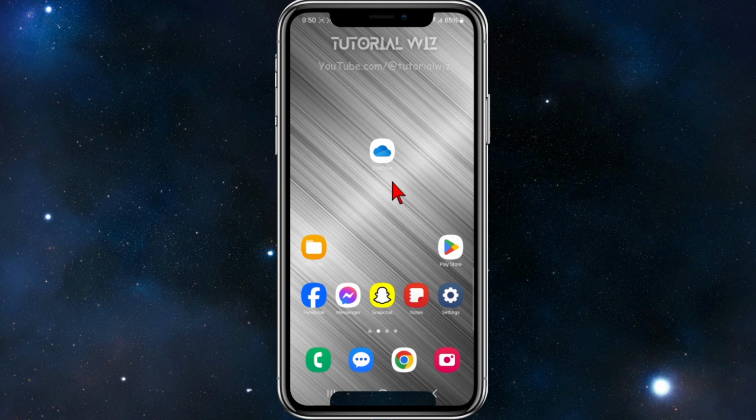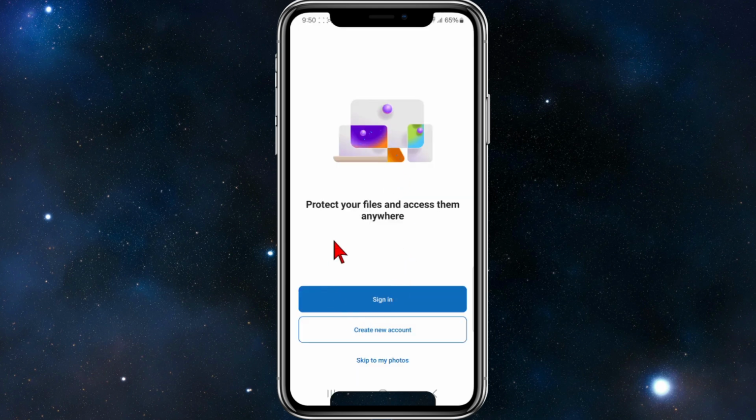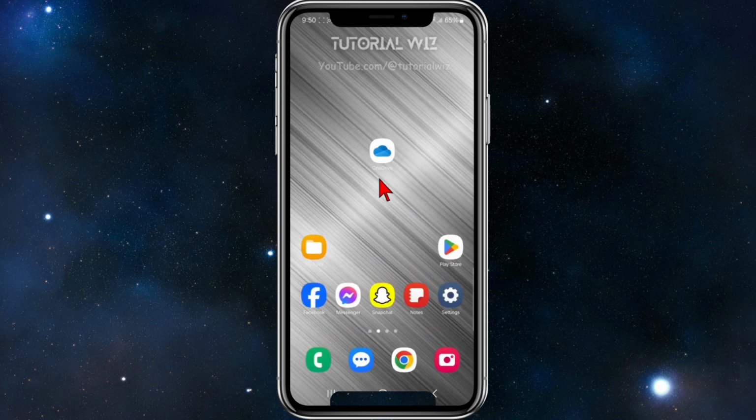In saying that, let's just jump straight into the video. Alright, so I'll go ahead and open up OneDrive and you can see what the font size is currently set to. Alright, so it is currently set to this. So in order to make this larger and easier to read, what we can do is go back and then